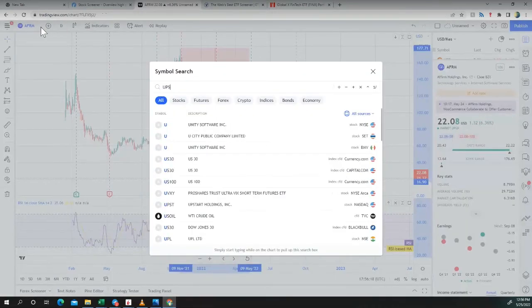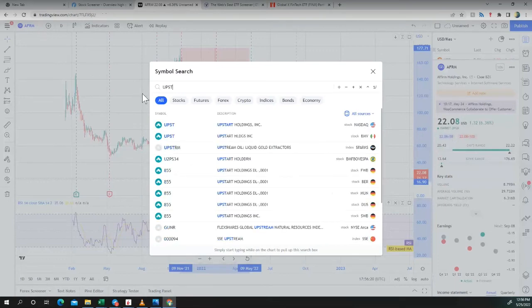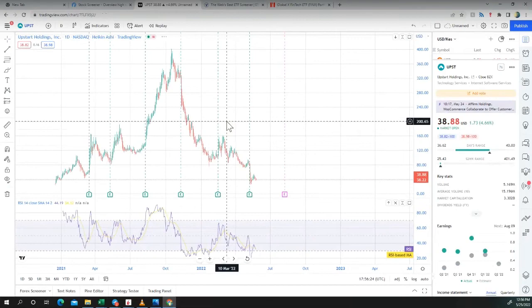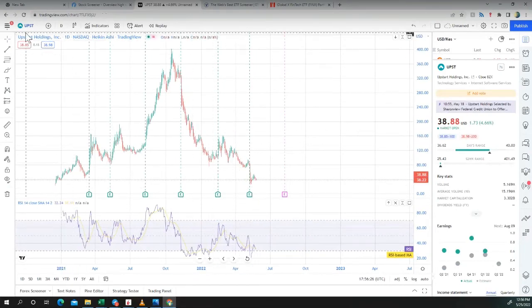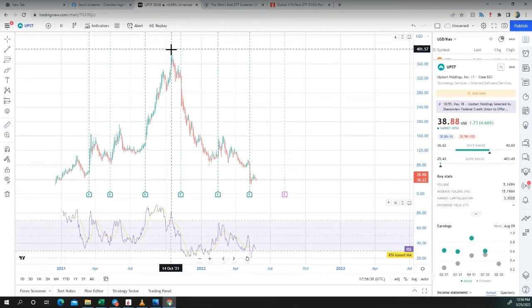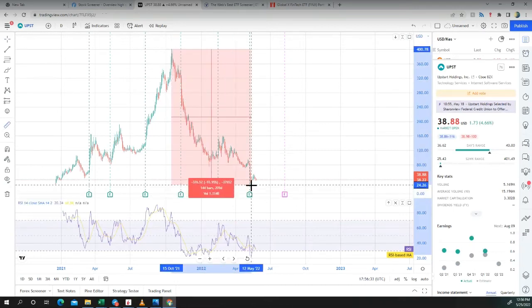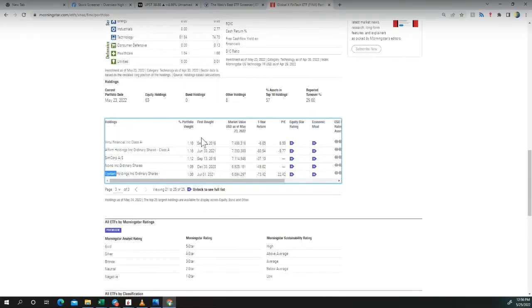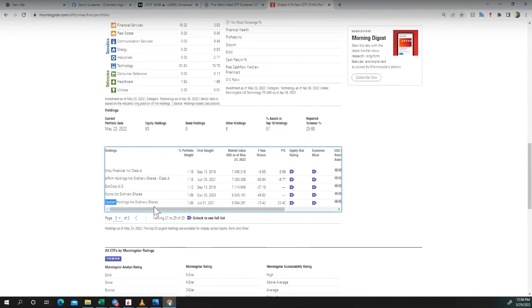So Upstart Holdings, I'm sure, is also down by almost a similar percentage. And as you can see, like I said, it's down, and this is down 93%. So from what we've gathered, we've now discovered that this ETF has invested in a lot of companies that have gone